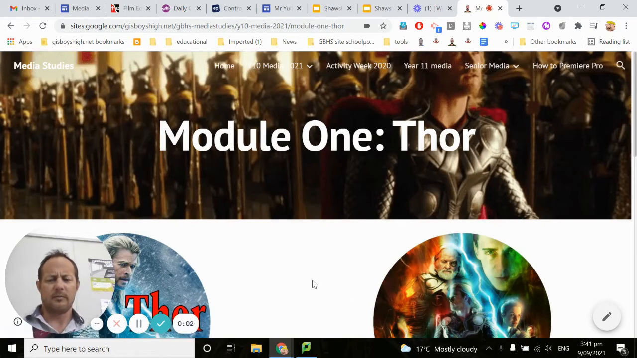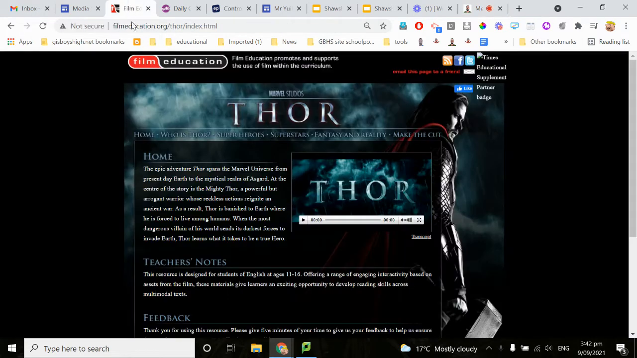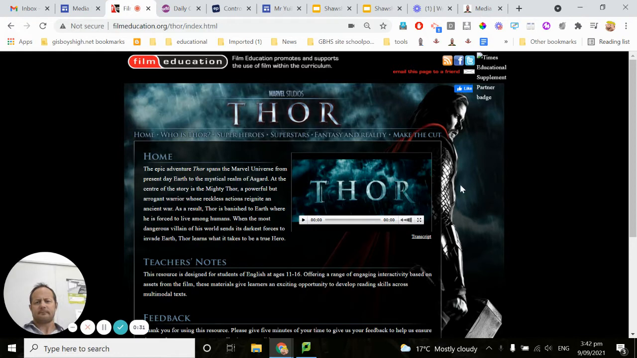Okay, so we're working through our Thor module, and by now we scroll on down, we're looking at superheroes. So here are our links for what I'm talking about right now: the instructions. We've got the template here, and finally we submit our work here. So if we're going to look at the superhero stuff, we go to our home page and click